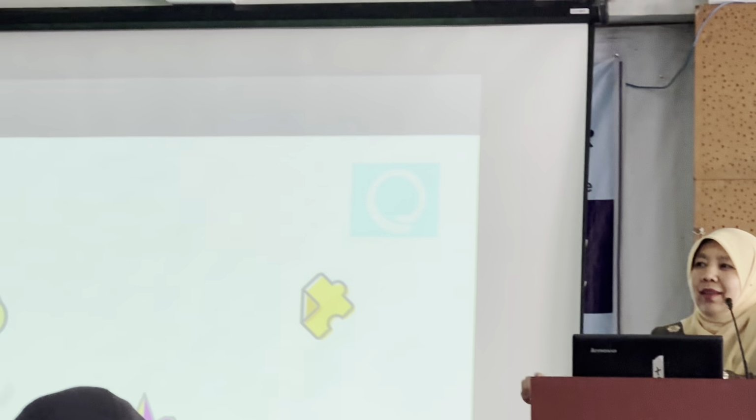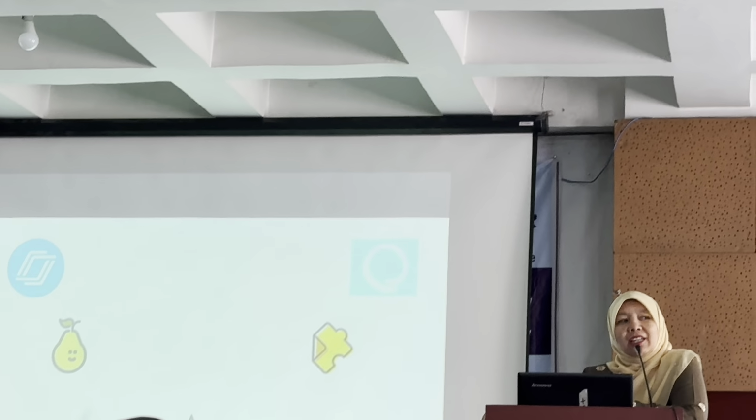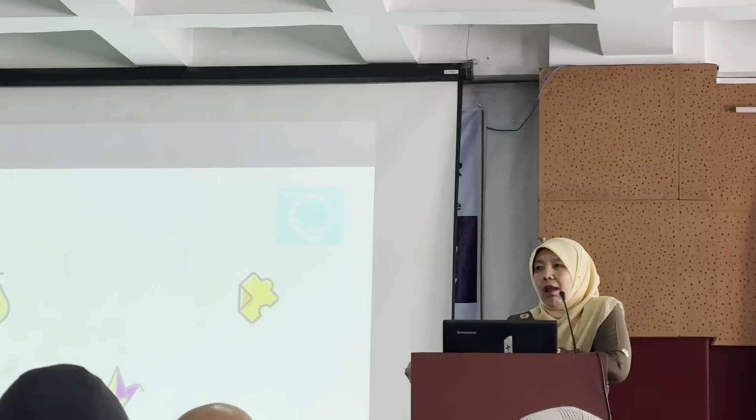How about this one? The shape will tell you roughly what the name is. Thank you. Looks like a puzzle, isn't it? Alright? This is Edpuzzle. E-D-P-U-Z-Z-L-E. Edpuzzle. Alright? This tool is also useful if you would like to use it with your students in the classroom. You want to use a lot of videos. This would be the best tool to use. Okay?